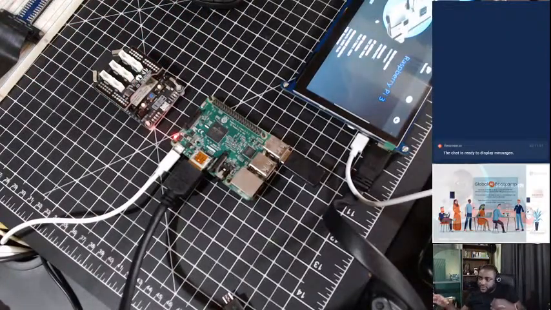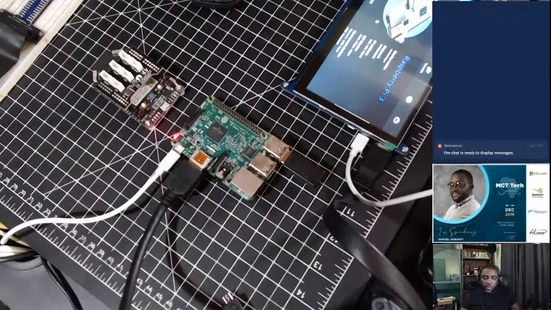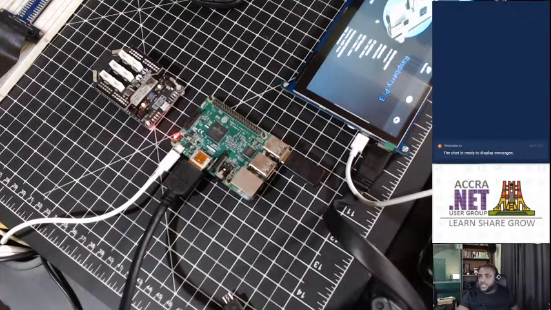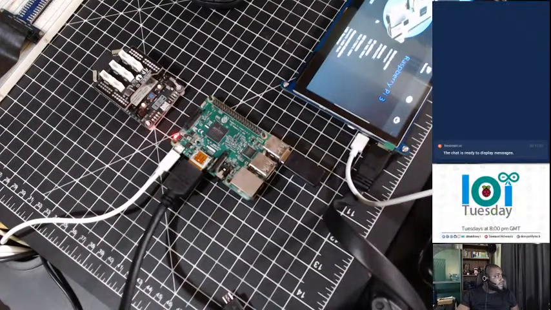Now, the focus of today's episode is on the Raspberry Pi. So let's get right into it. Let me pull these things here and let's see what's happening. All right, so